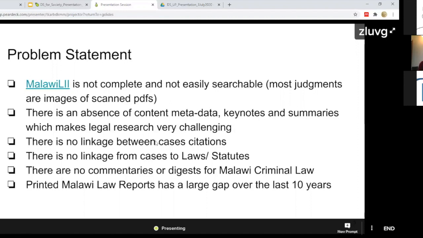There is an absence of content metadata, so there's very little metadata about these judgments. There are no keynotes or summaries of these judgments, which makes searching or legal research, as we described before, very challenging. And most importantly, what we were hoping to do through this project is to establish a linkage between case citations and citations to laws and statutes. And I'm going to explain what that means for